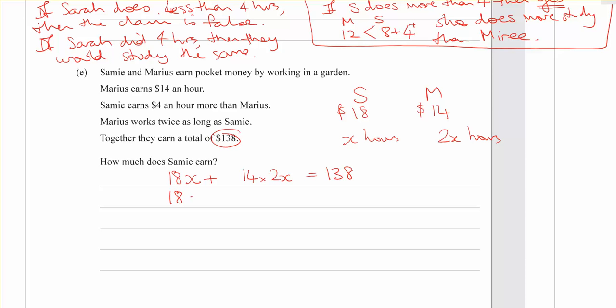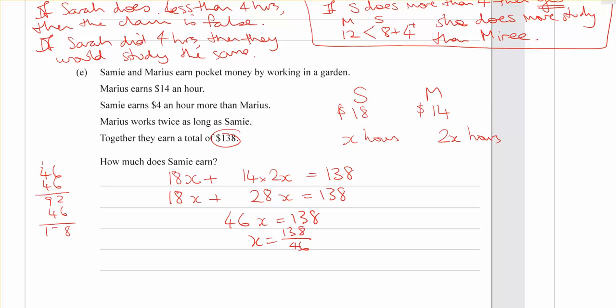So a bit of algebra on this. 14 times 2 is 28. 18 plus 28. And now I need 138 divided by 46. There's a little bit of numeracy we're testing here as well. It doesn't take long to add up a few 46s together. That's 2 of them. If we add on another 46, we get to exactly 138, so x equals 3 hours